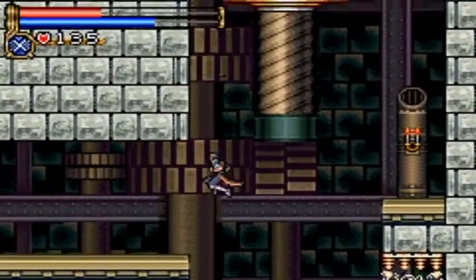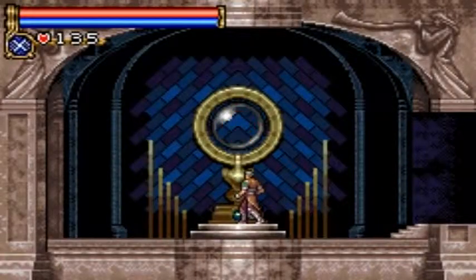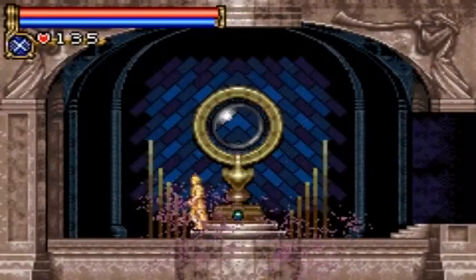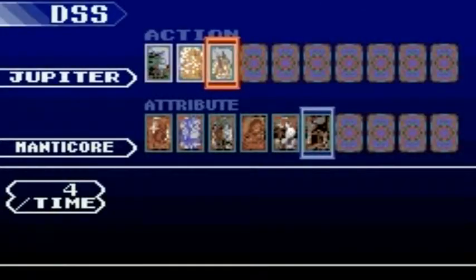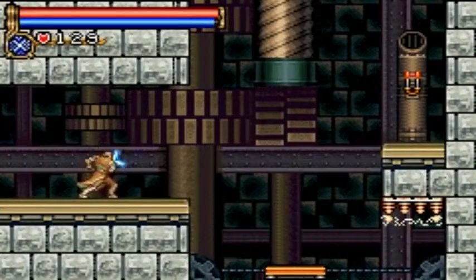And one of them is that you can switch out, where instead of using hearts, sub-weapons use magic, which is really useful when you're playing on Magician. And then there's also something you can do when you're poisoned if you use Jupiter and then Manticore. No, wait, it wasn't that one. I think it was something else. But yeah, I mean, Manticore overall is pretty useful. And what I do like about it...